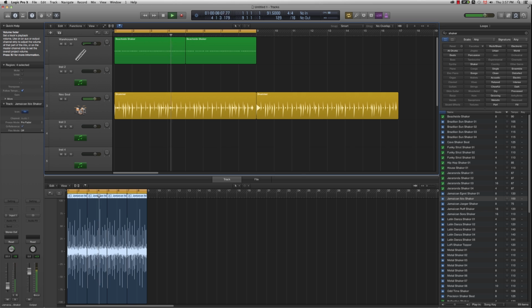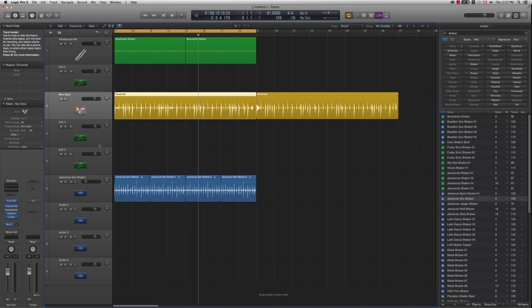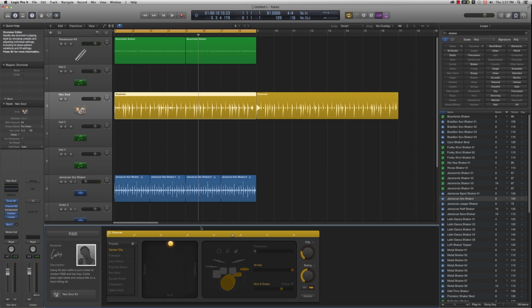I'm going to lower the volume of the Jamaican shaker. So we're getting a pretty interesting groove. We're working closer to something that sounds more like a hip-hop or an R&B beat. So now I want to make it a bit more soulful, for example. So I'm going to hit the hand claps. Let's try the second groove, and I'm also going to crank up the fills,